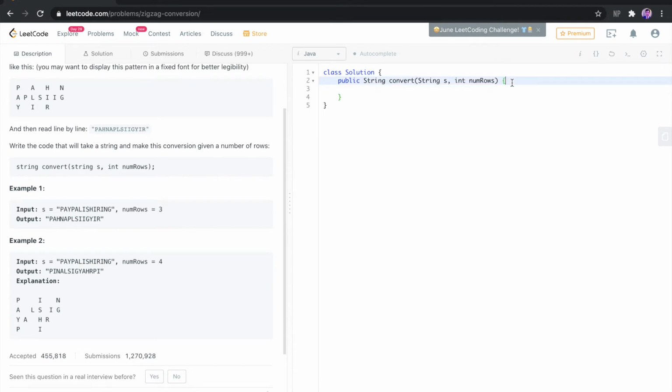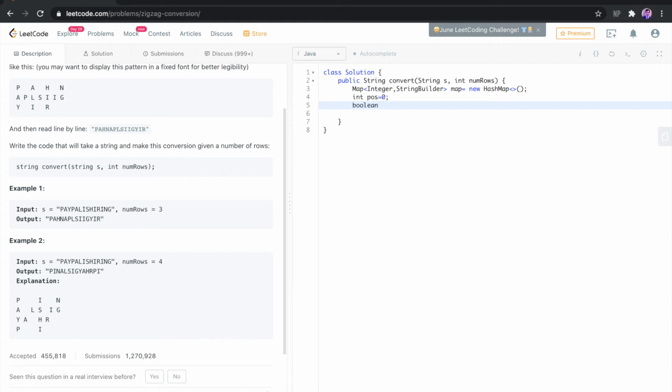So the first thing to do is we will be initializing a hash map which takes in two things. One will be integer type and the other will be string builder. We name it as map, right? We take a variable called position which will be storing each position. This will help us to put individual characters at a particular position. I will explain how we are doing that as we proceed forward.